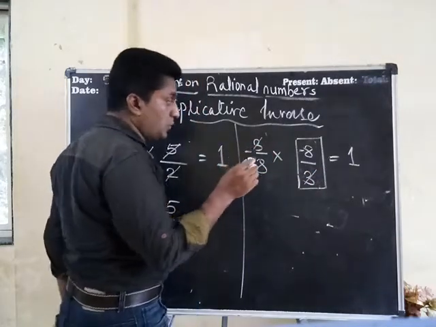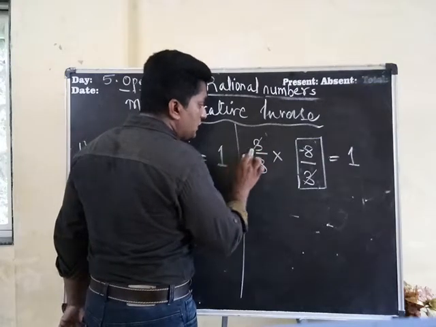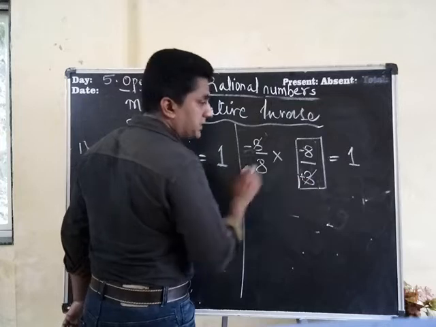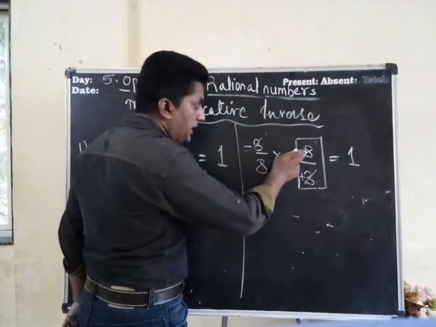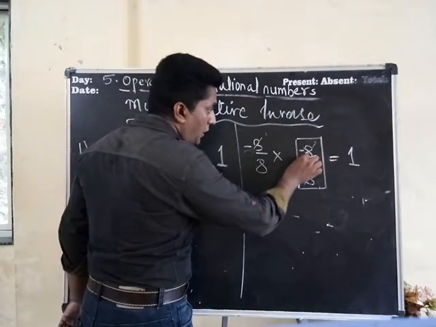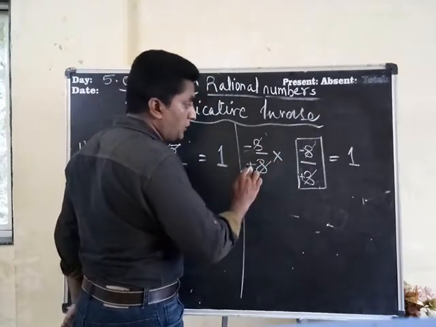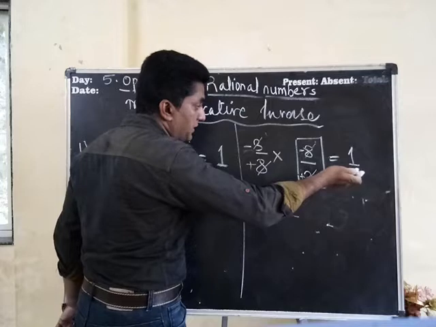But here the problem is what? This 3 is minus and this 3 here is plus. We cannot cut them. If I cancel this and this, you will say, sir, here it is minus and here it is plus. They cannot be cut because plus 8 is different, minus 8 is different, right everybody?